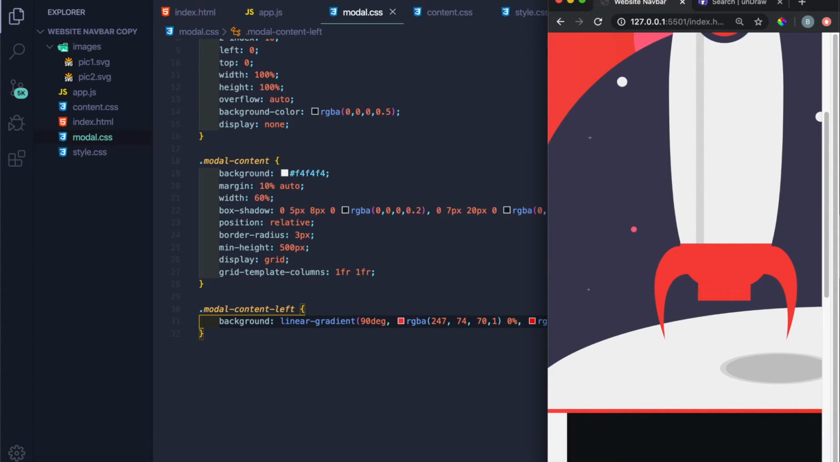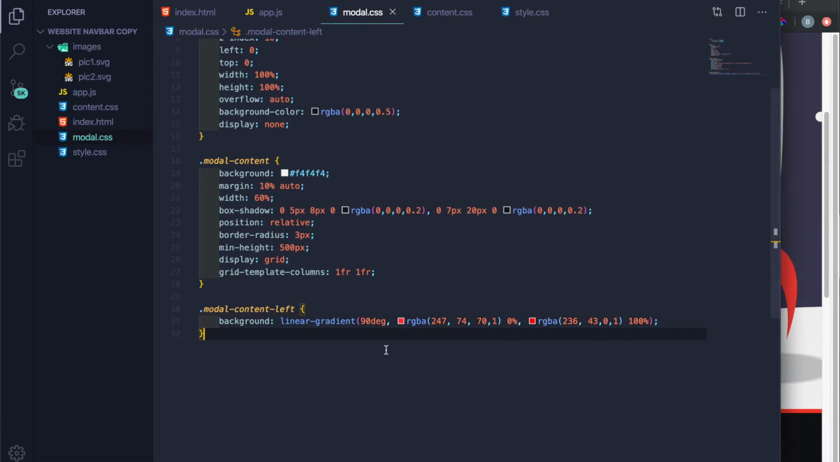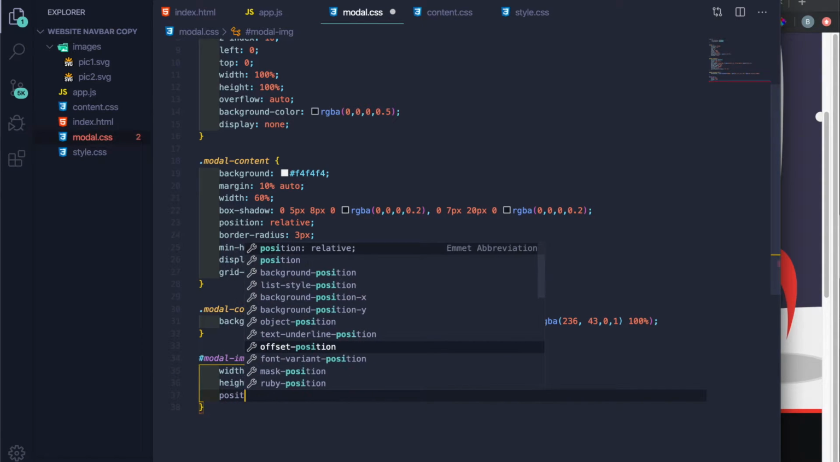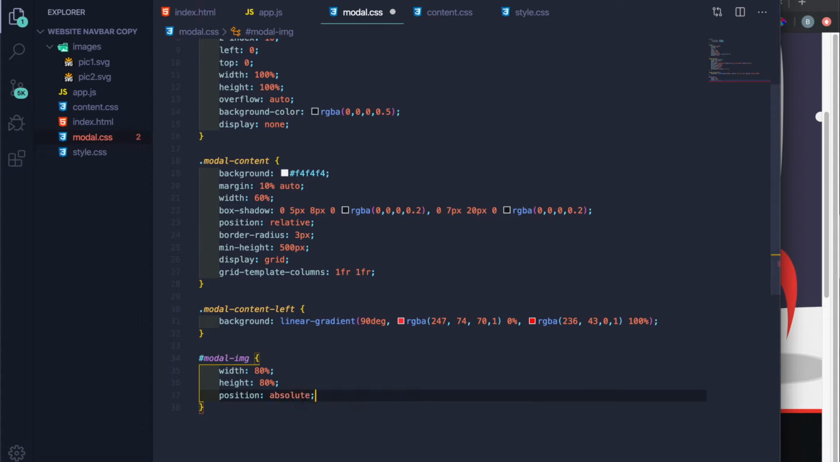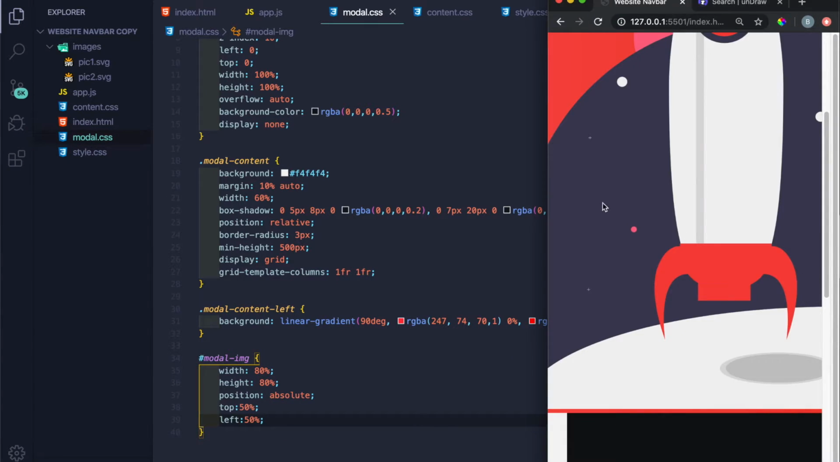So let me go ahead and change the modal image first because it's going to drive me crazy right now. So modal dash image, curly brackets, width. Let's make this thing 80%. Height, 80%. Position, I want this to be absolute. And then I want the top to be 50%. Left to be 50%. So right now, if we scroll it out,